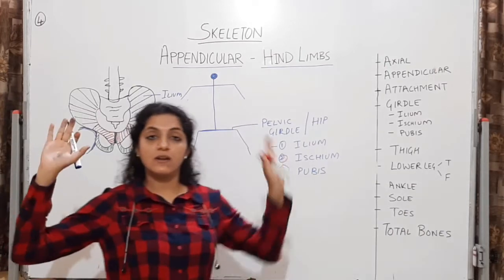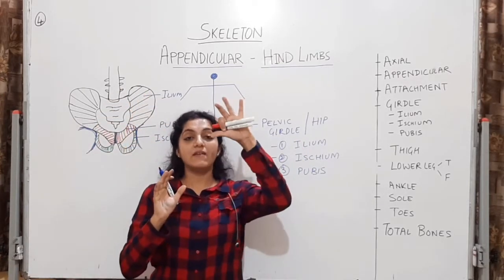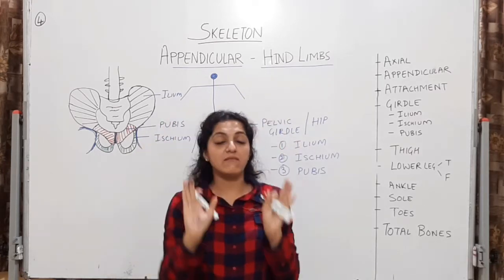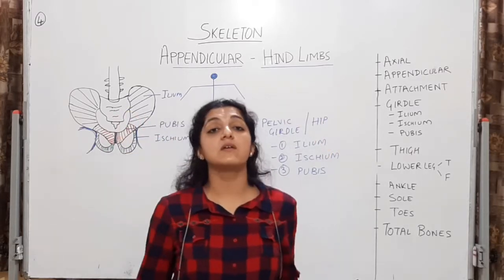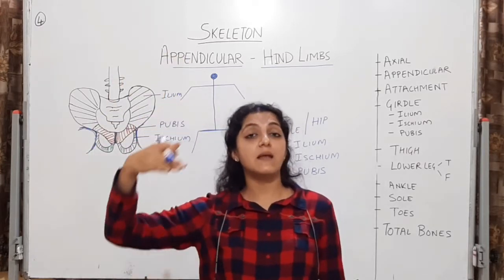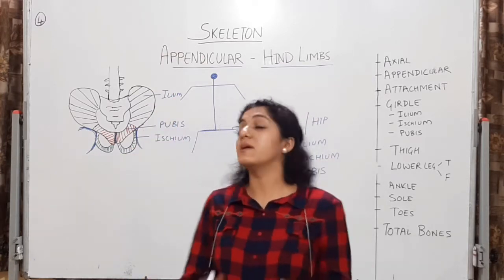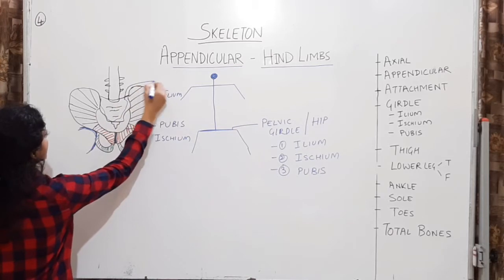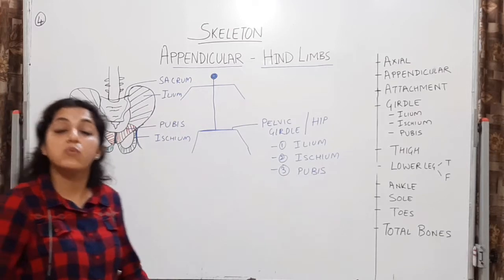Okay, so जैसे right और left side है body का, the right side is going to have an ilium, ischium and pubis and the left side is going to have an ilium, ischium and pubis. Now these bones, they are going to be ventrally present but posteriorly ये attached रहेंगे vertebrae को. To which vertebrae? Which will be the vertebrae which will be in the hip region? We have seen cervical, thoracic, lumbar के बाद sacrum. So we know that the sacral vertebrae in an adult human being, they fuse to form one bone. So this is the sacrum. Okay. They will be attached to the sacrum dorsally or posteriorly.